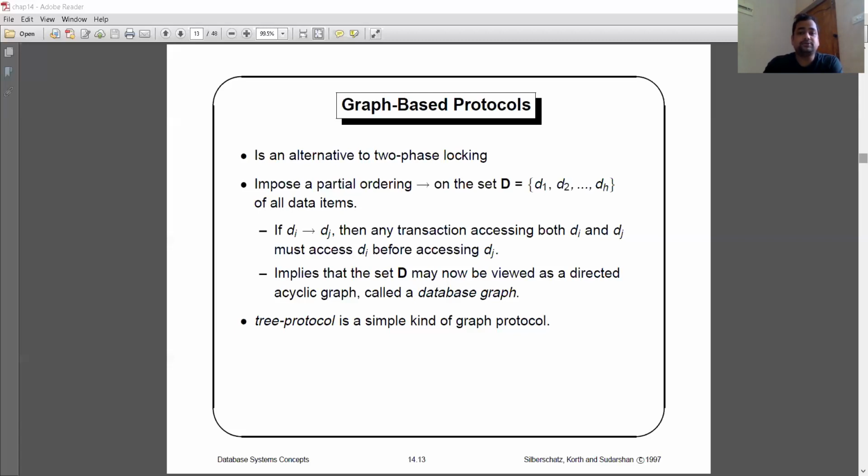Okay. Another version of serializable is called strictly two-phase locking. This is an example of strictly two-phase locking. It ensures the serializable schedule. But what exactly is the meaning of strictly two-phase locking?